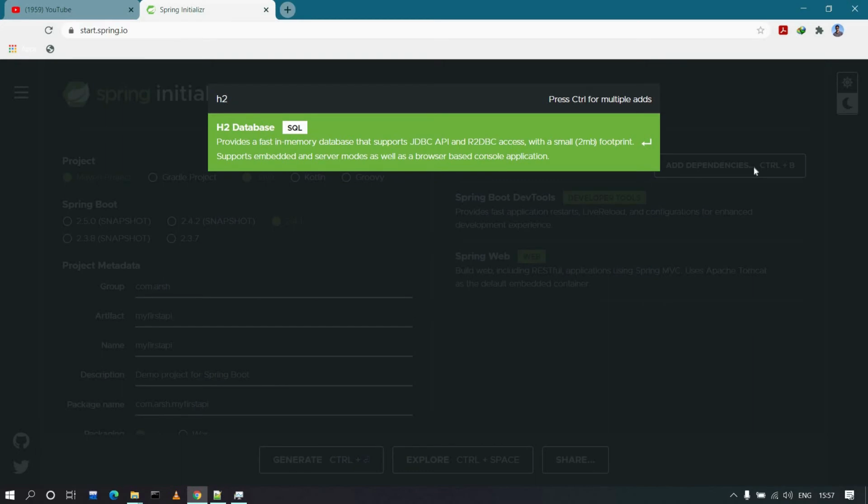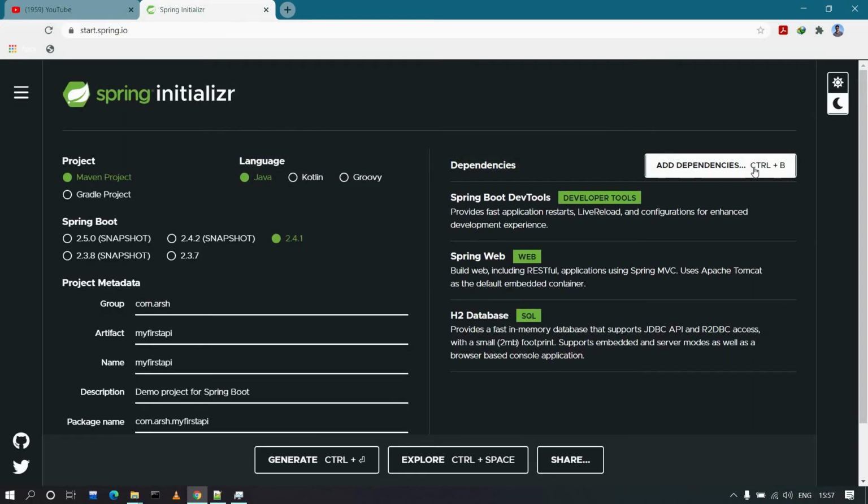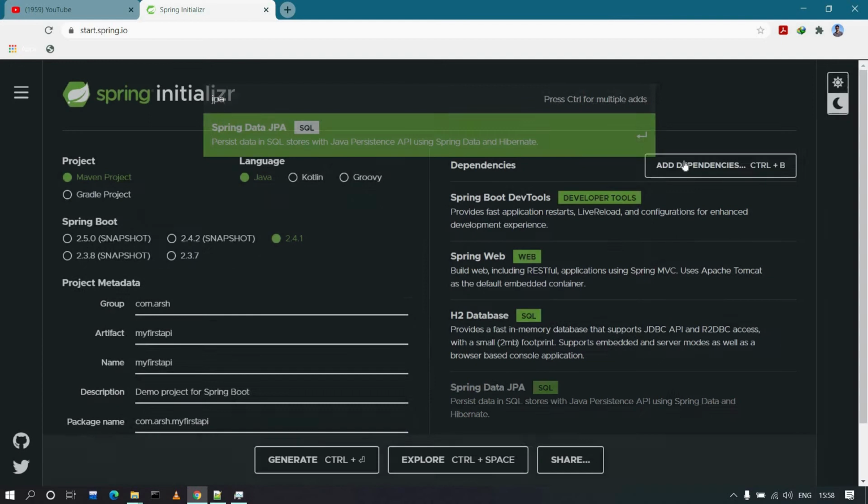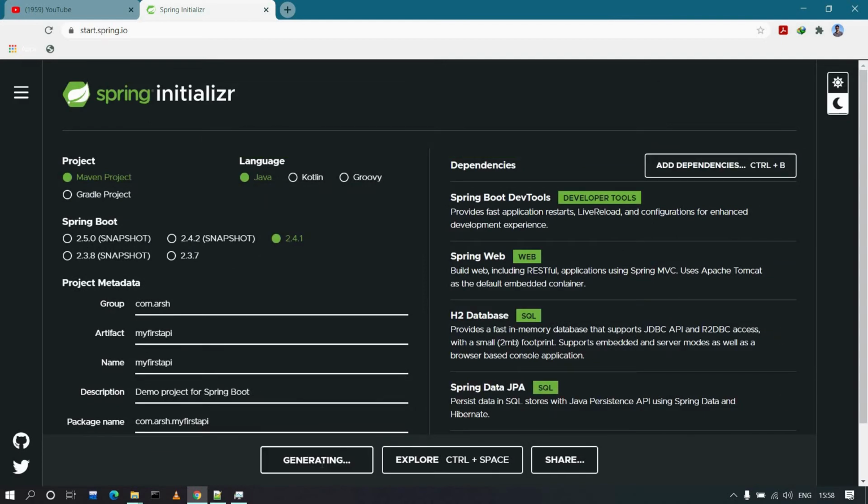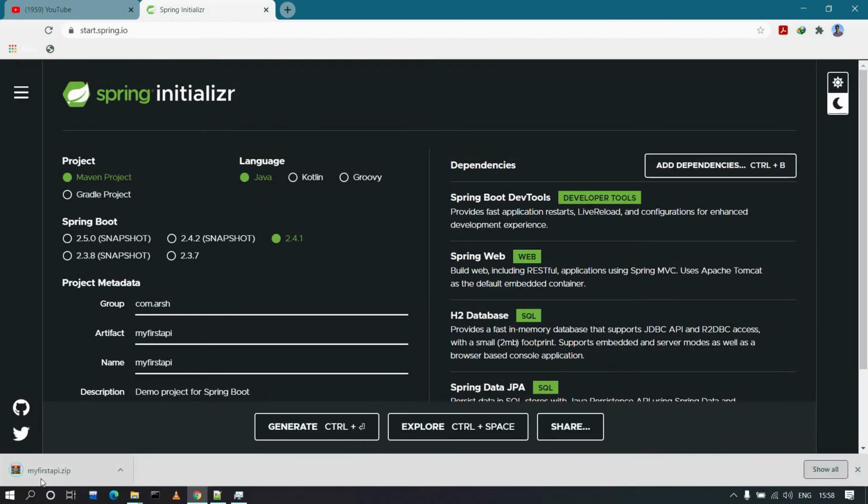It's a very small database generally used for testing purposes. Later you can add MySQL or MongoDB, whatever you need. And JPA is also there. That's it. Hit generate. It will create a zip file.